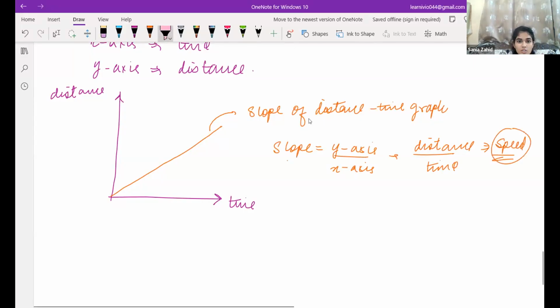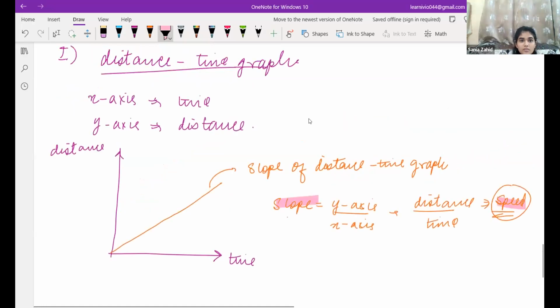So please quickly note this much down. Are you noting along with me only? Yes, ma'am. Okay. So the slope of the distance time graph will give you the speed. Note that thing. The next that we have is,